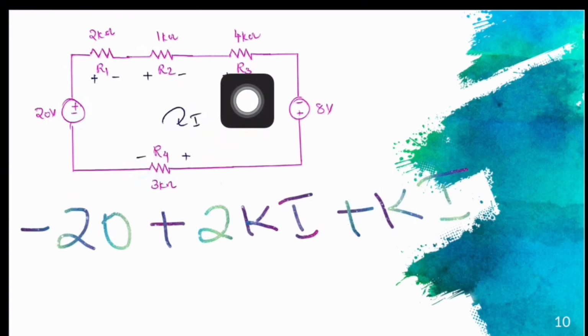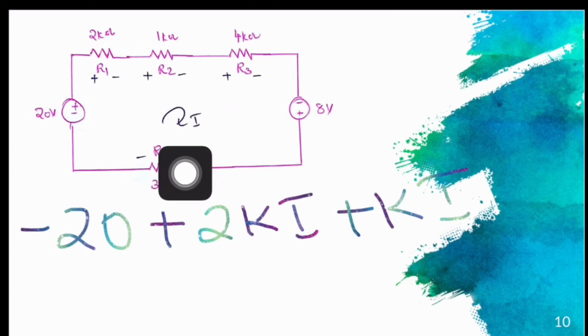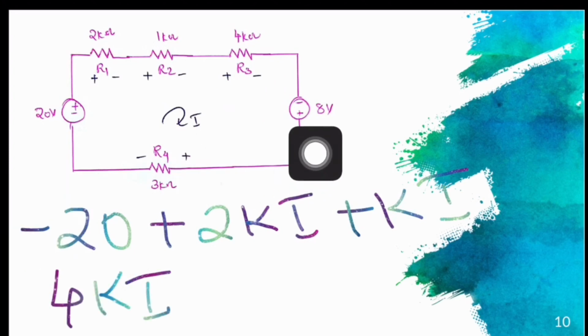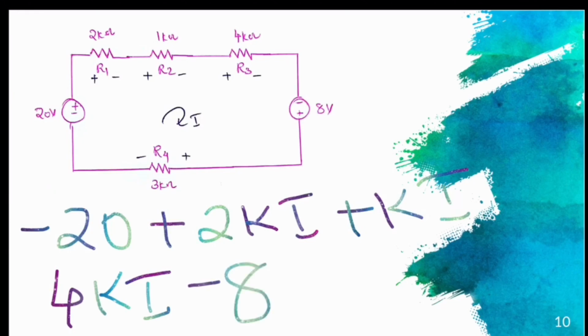Then this 4 kilo ohm resistor. Now can anybody tell me which term should we add to KVL to represent voltage drop across this 4 kilo ohm? That is 4 kilo ohm into I. Then this voltage source 8 volt with the polarity mark minus plus. Correspondingly, we add a term minus 8. Finally, the voltage drop across this 3 kilo ohm, which is nothing but 3K into I, and that is equal to 0.